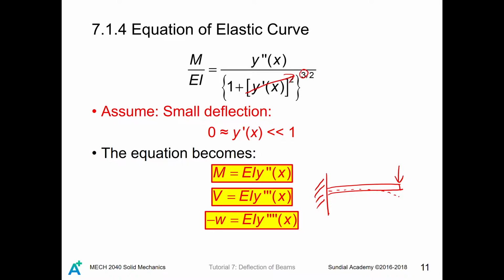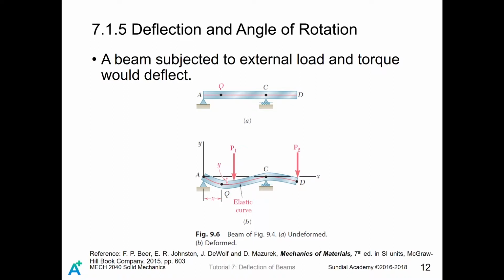The whole denominator will become 1, and now we have M divided by EI equals y double prime x, which means M equals EI y double prime x. For the rest of them, since they are interrelated by the derivatives, you can write them like those, V and the minus w, those things. Okay? So after we talk about the relationship between the moment and the second derivative, I will introduce you to something